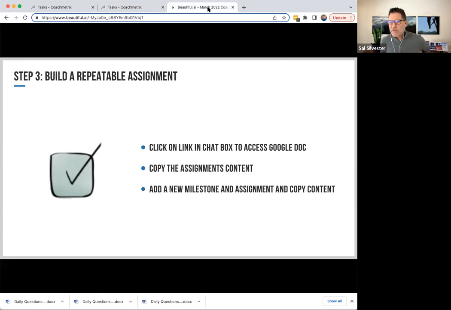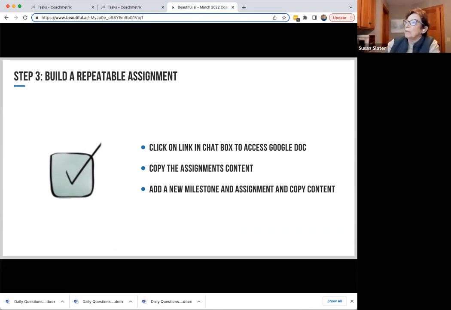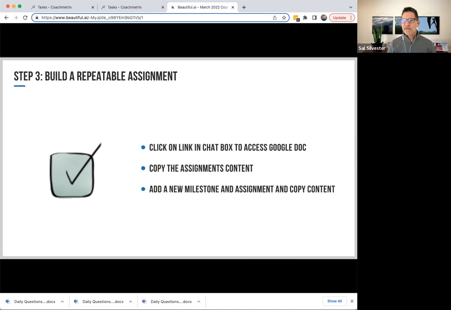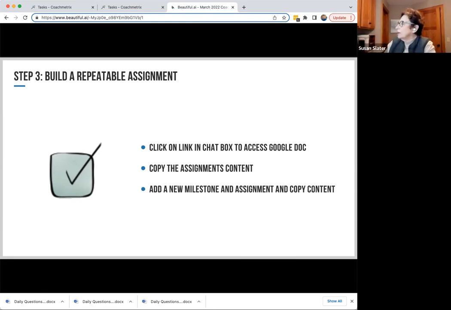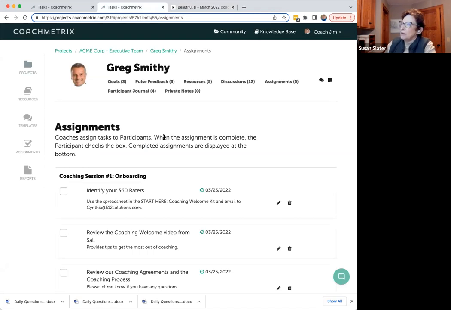So let me pause there for a minute. What questions do you have about the assignments feature? Can I loop back to the templates? Because I noticed on the assignments, if you make them and you click on it, you can assign, there's a button at the bottom that says assign to participants. When I go to templates, I see the coaching session reminder. I don't see where I can edit it, but there's a submit button, but it doesn't tell me where I send it to. Do you see what I'm saying? I'm missing that link. I apologize.